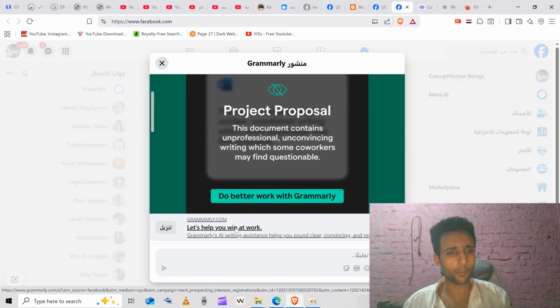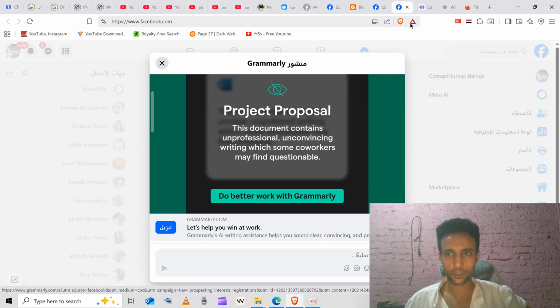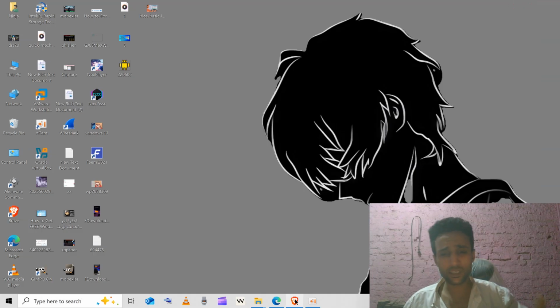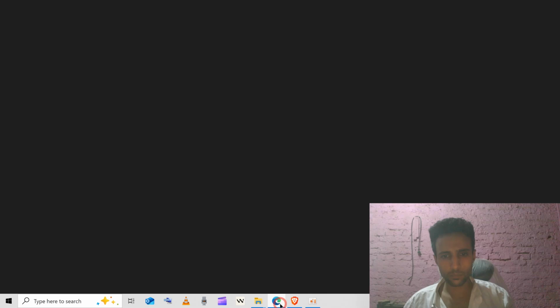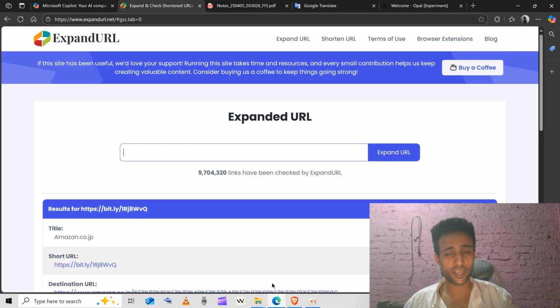And take Facebook as an example. If we move the mouse pointer here, you're going to read https://www.grammarly.com, and here it's clear. But if I give you a weird URL, probably you're not going to click it. But if I make it a short link, most likely you're going to click it because it looks normal. So to avoid something like this, and I'm pretty confident you don't want to be a victim of this silly